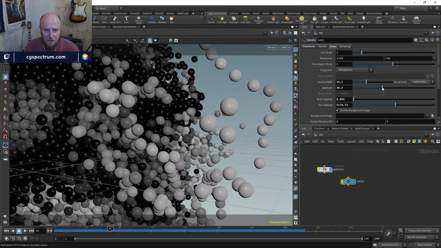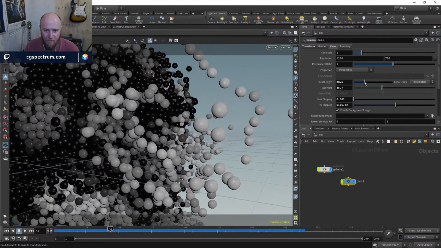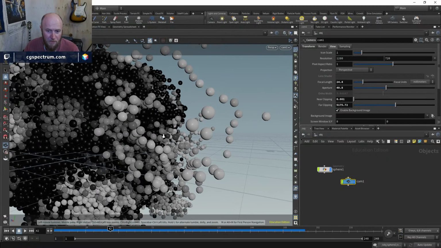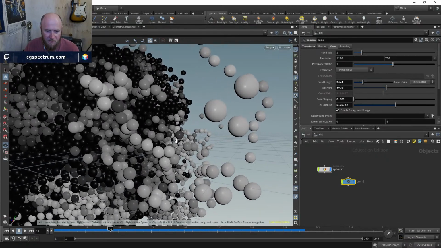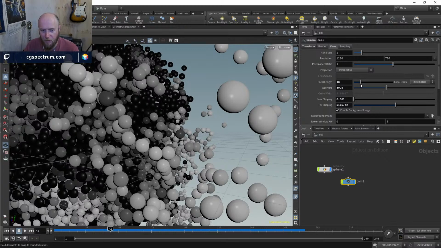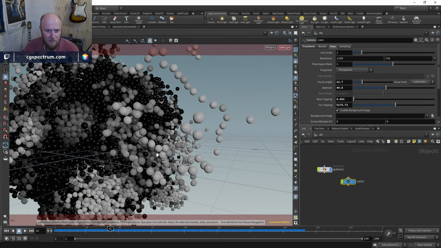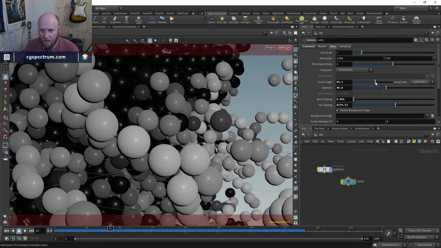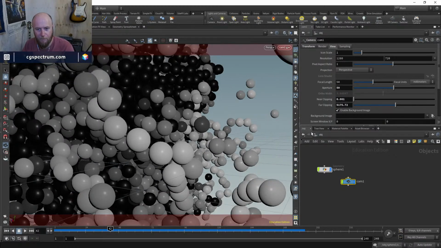I'm going to play with the aperture and focal length because it's really small scale and I want to oversell the depth. So you can see when I take the focal length down, oops, broke my camera. I need to make sure the lock is on when I do this. So you can see when the focal length and aperture are at 50, which they are by default,